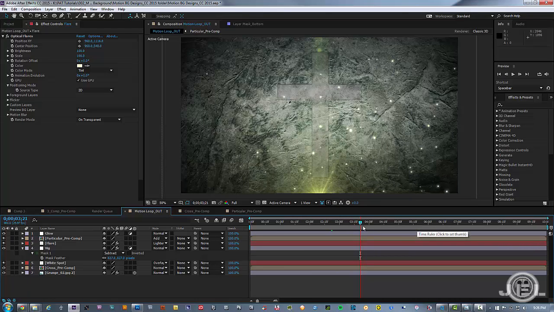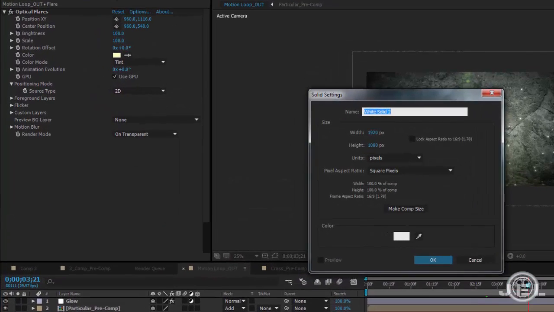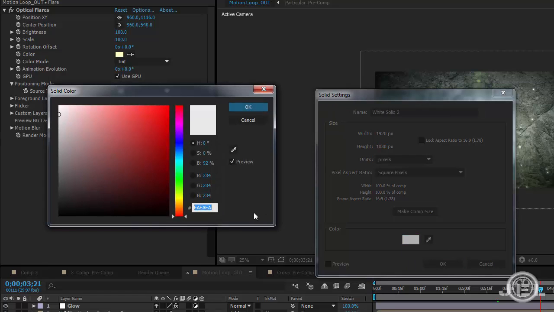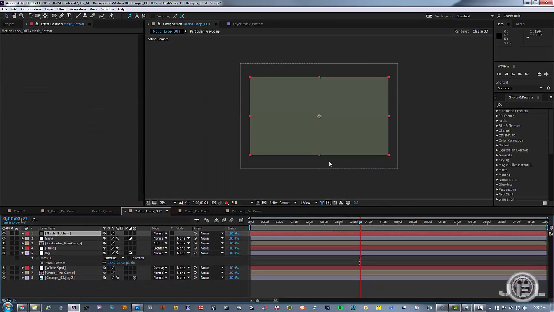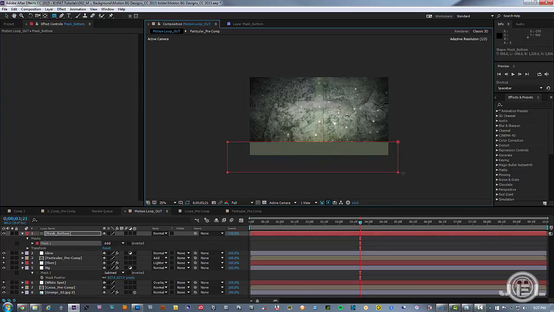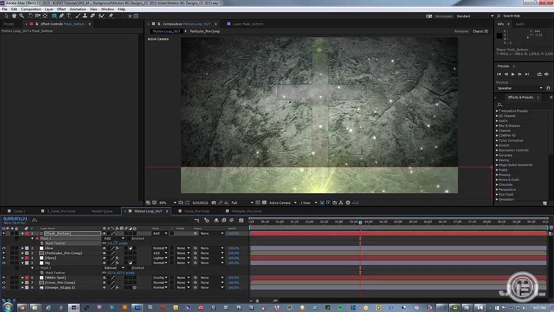All right, next up, I want to do a nice little blend down on here to show a little bit more brightness. So I'm going to create another solid, and I actually have it written down on what I want for that. This type of a color. Call this mask bottom. And I'm going to take my rectangle tool and just take the bottom of it. And I want to change the blending mode to add. And then take the F to feather it